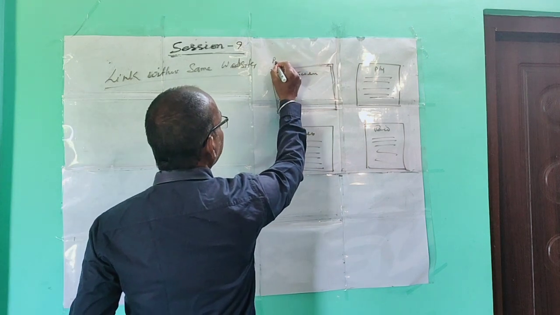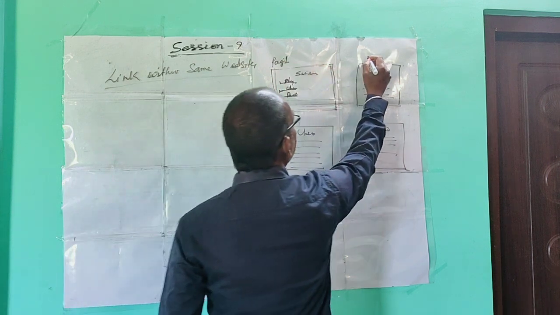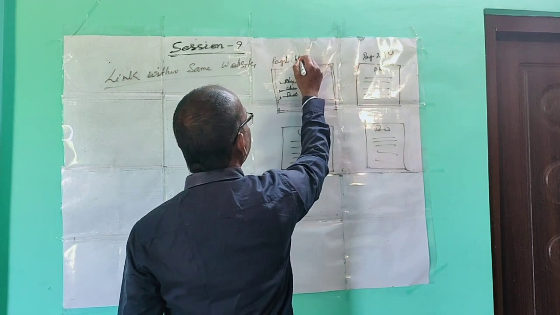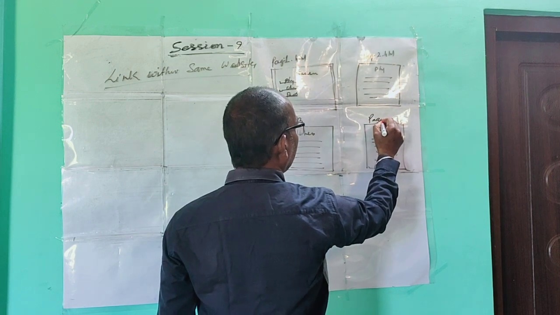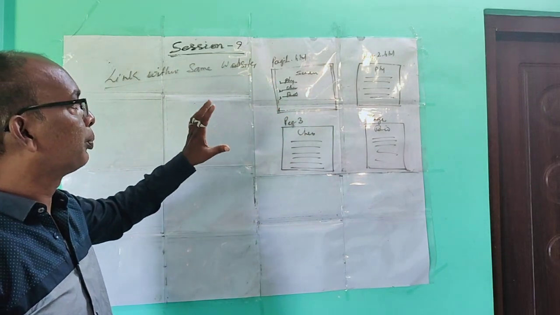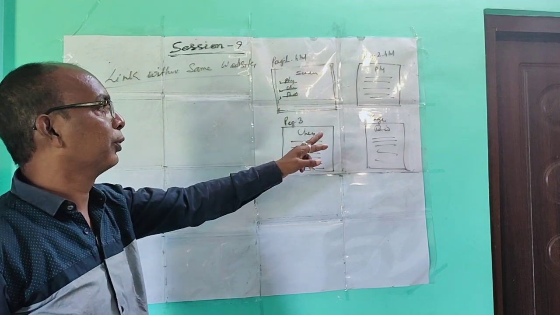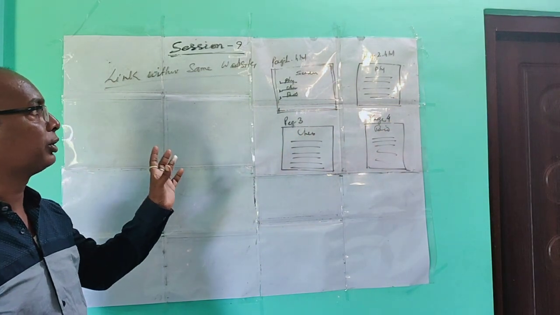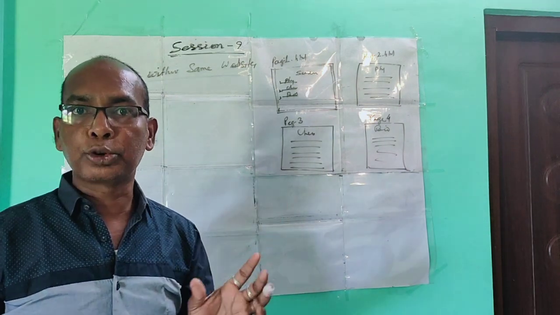I am giving the file name page1.html. This is page 2.html, page 3, and page 4. To make the website like this, we have to create 4 different notepad pages and save them with the file names page1, page2, page3, page4. See, the file name should be case sensitive. That means you cannot change the spelling, and you cannot change the uppercase and lowercase. The file name should be the same.